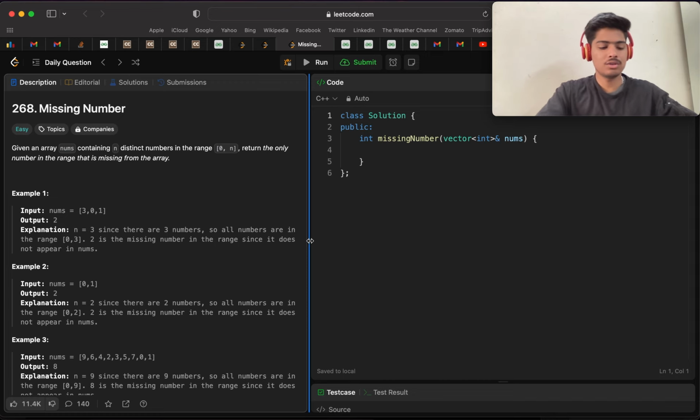So, I'll use XOR because that is the most optimal approach. For this, what we will do is, I will create a